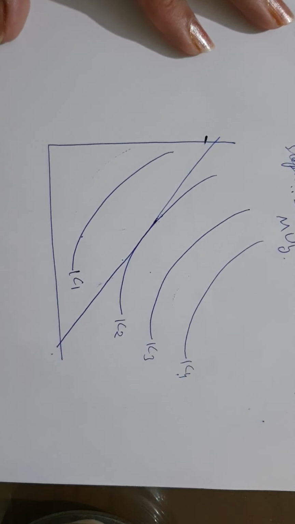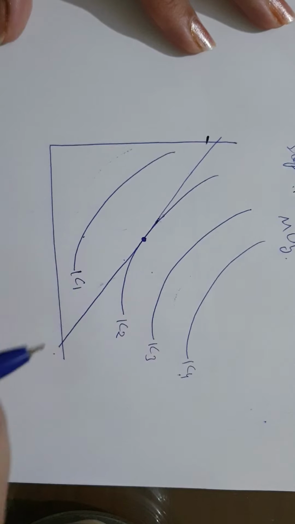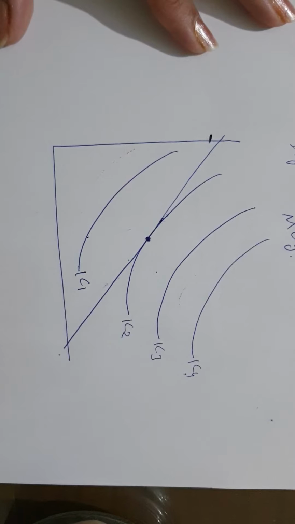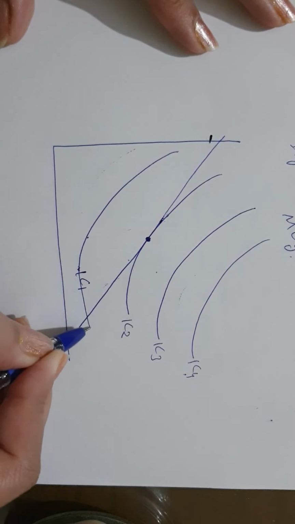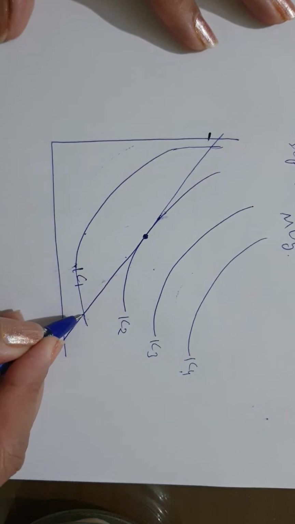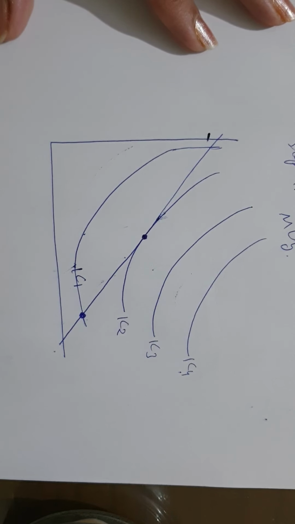So equilibrium of the consumer will be where the highest indifference curve is touching our budget line. Why is it so? To understand this point, we will compare two points. Suppose this is, let me complete this indifference curve. Okay, if we compare this point with this point, total expenditure of a consumer is equal, that is total income.